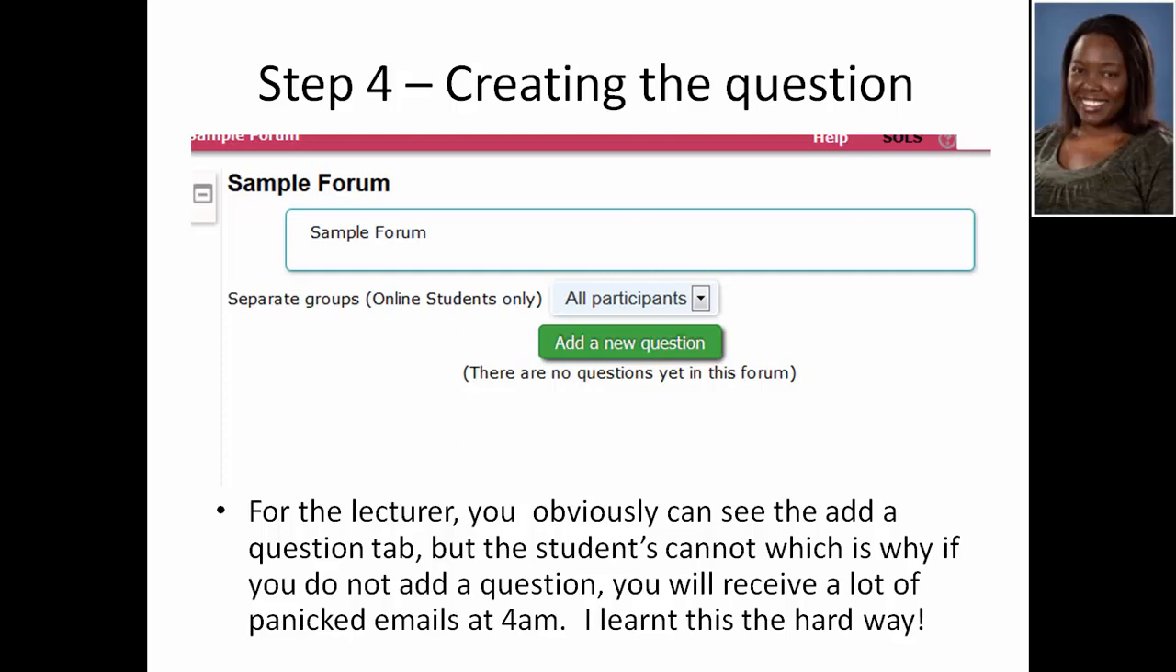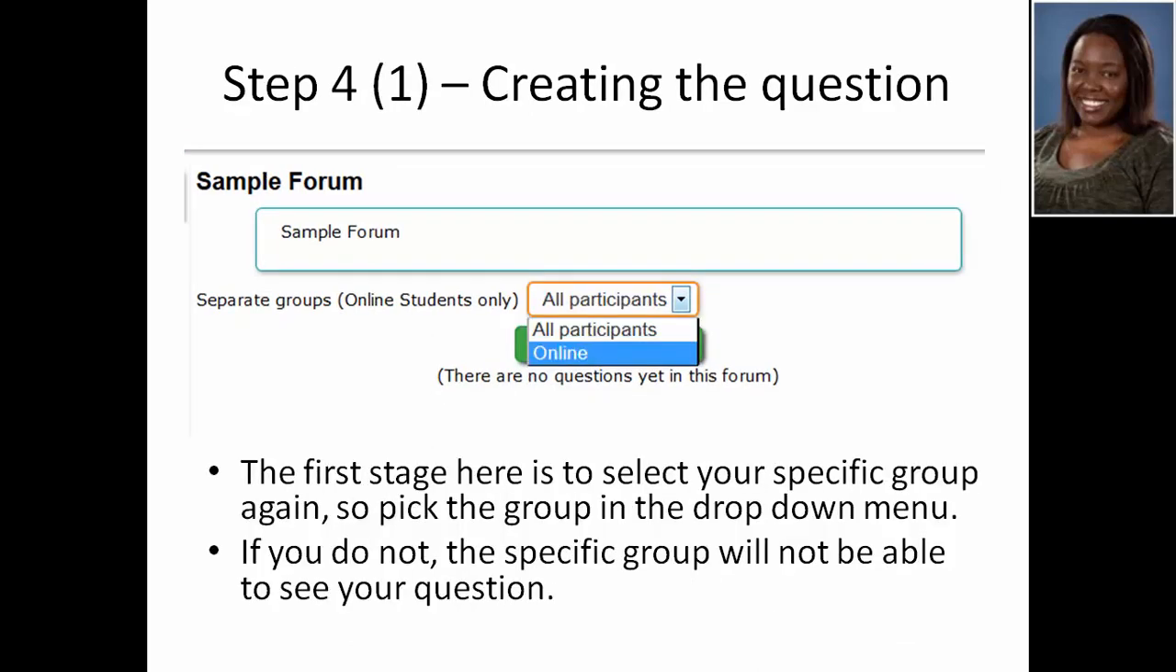But anyway, you need to then pick what group you want that particular question to apply to. Because again, if you don't, they won't be able to see it. So it won't be visible when they log onto their screens and so on. So the first point, at this stage, is just: select your specific group in the drop-down menu, and then after that,